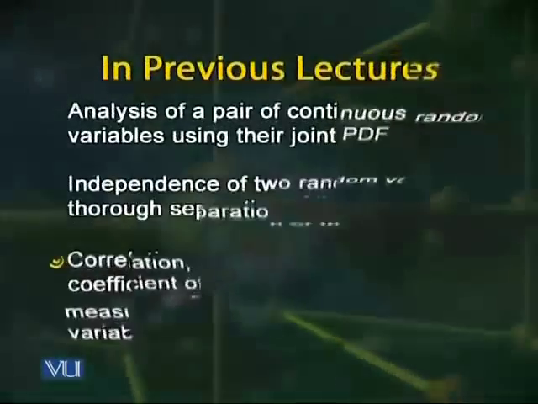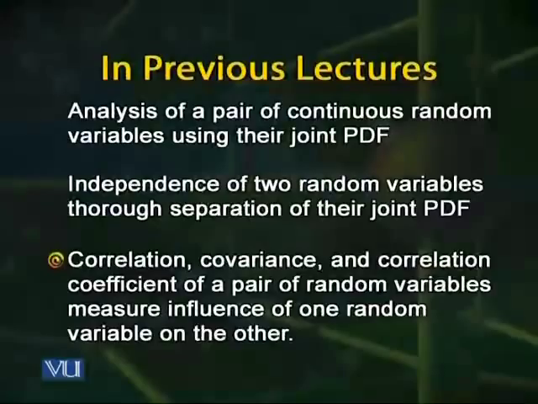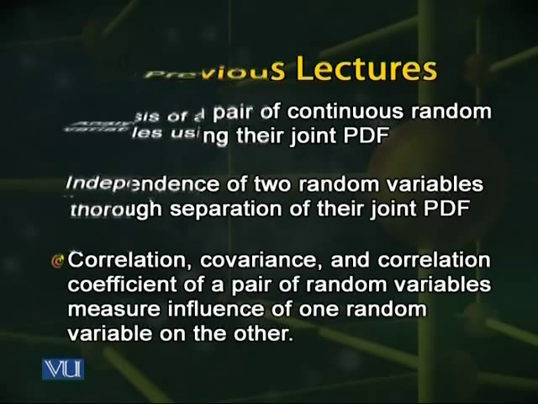So it's only meaningful to talk about correlation, covariance and correlation coefficient of two random variables if they are not independent of each other. Today we are going to find these parameters for a few pairs. So let's start with a pair of continuous random variables that we encountered in the previous lecture. We are not going to start with that simple pair of random variables which were defined through a flat